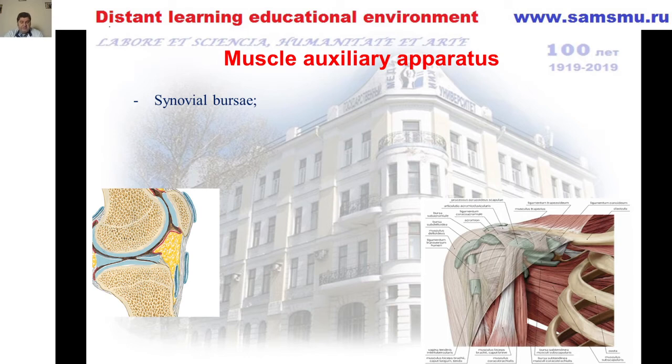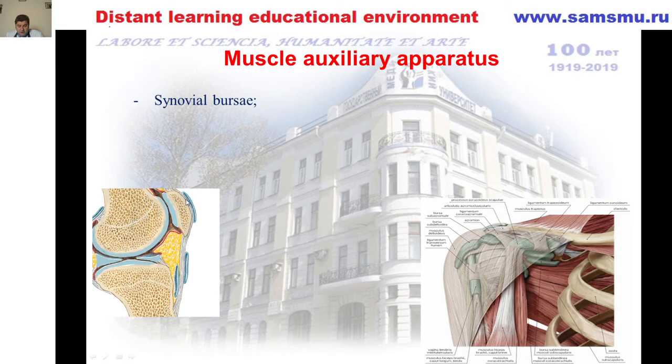The bursae eliminate bone friction of the muscles and tendons, and they move during muscle contraction and relaxation. By location, they are divided into subtendinous, like this, usually located on the limbs between the tendons. Subaxillary, located in the area where the muscle is adjacent to the large bony protrusions. Subcutaneous, you may see here, are located on areas of the body experiencing significant friction or pressure, for example, bursa